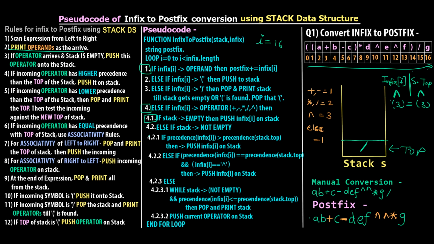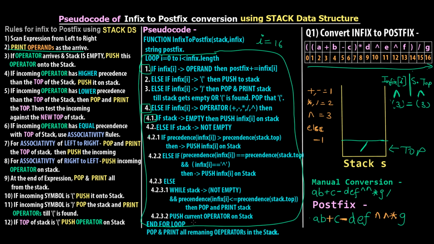So lastly, when this for loop completely completes executing, that is this entire code, you can see that in stack we are left with the divide by operator. So one last statement will be like just pop and print all the operators remaining in the stack till the stack becomes empty. That's something that I have not mentioned in this pseudocode, but after this for loop ends over here, there would be one last statement which will basically come after this loop. So after this end for loop, we will have one more instruction which will say pop and print remaining operators